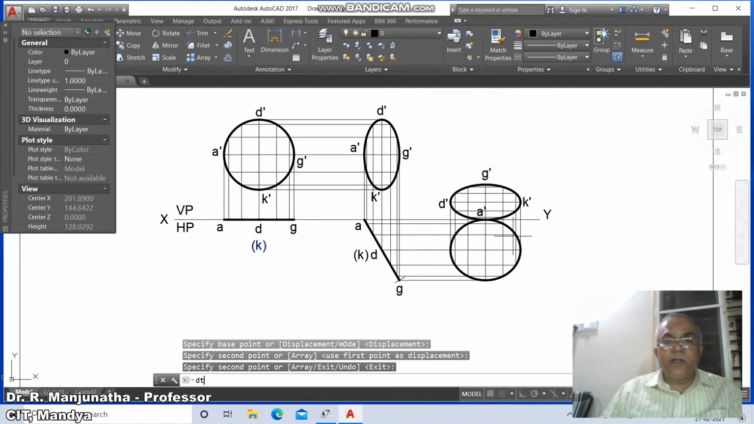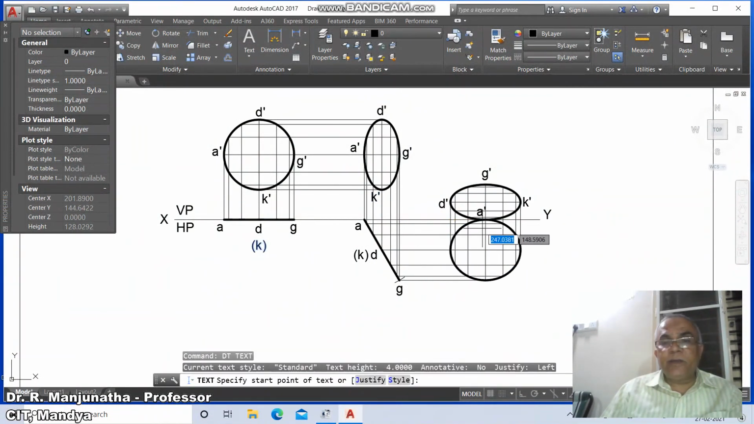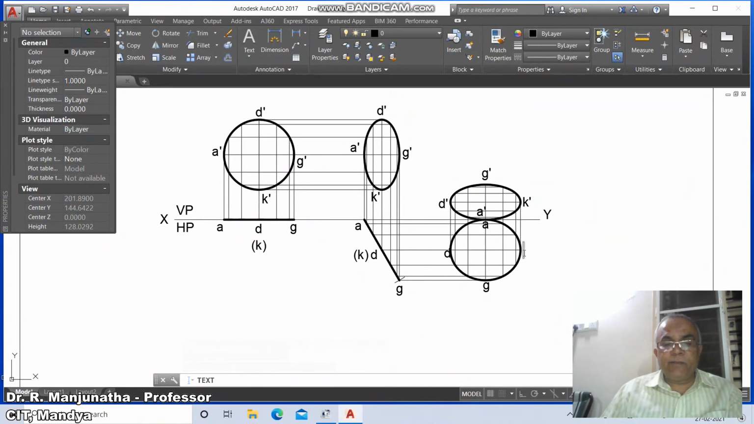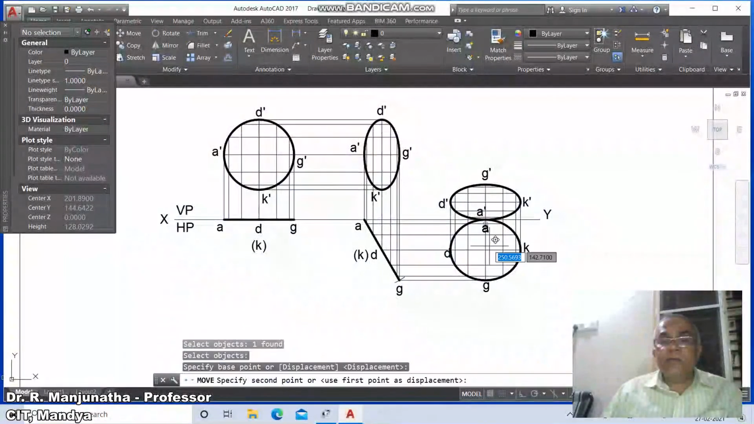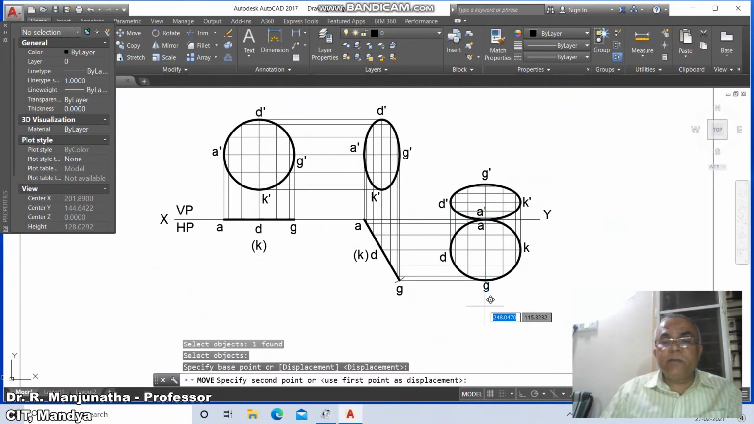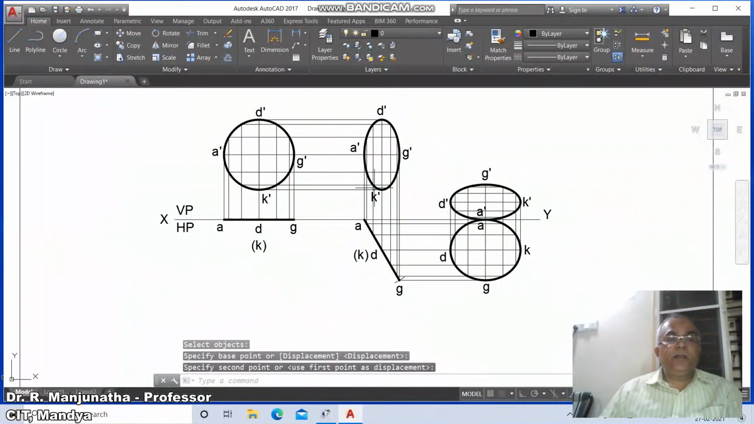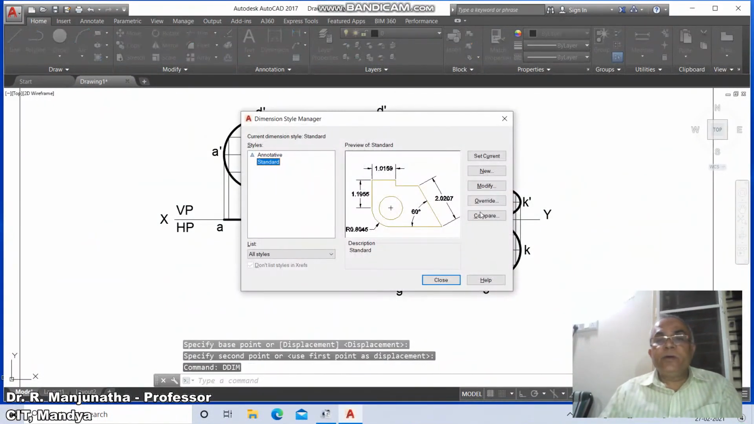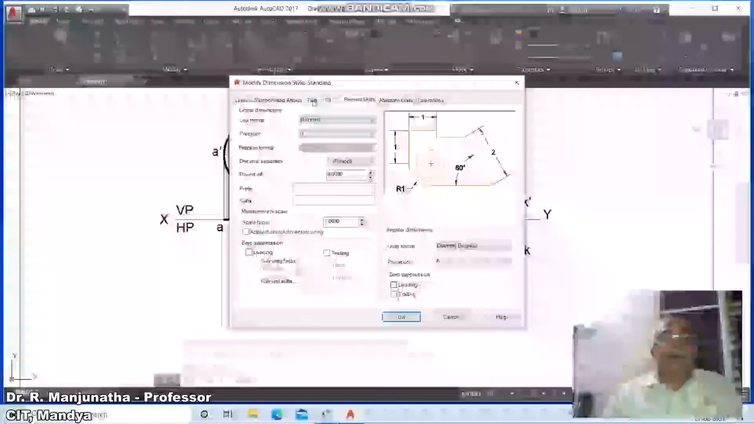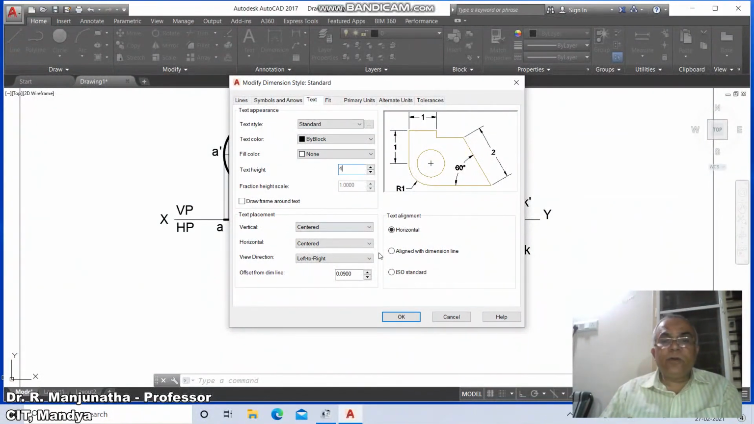Then here D text, here you type A, you type D, you type G, and you type K. Then go to move, select this, move it here, and D, and then G, and then K. Then close this. Now you go to DDIM, go to modify, primary units, make it 0, text, take it 4,